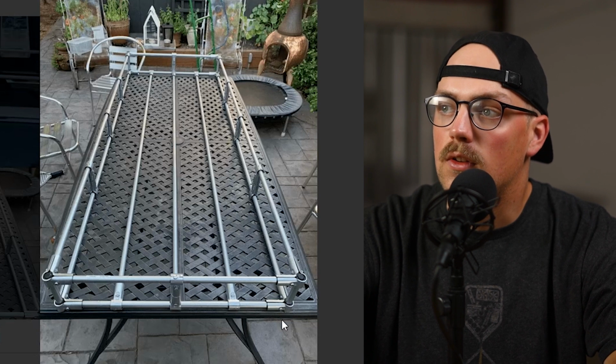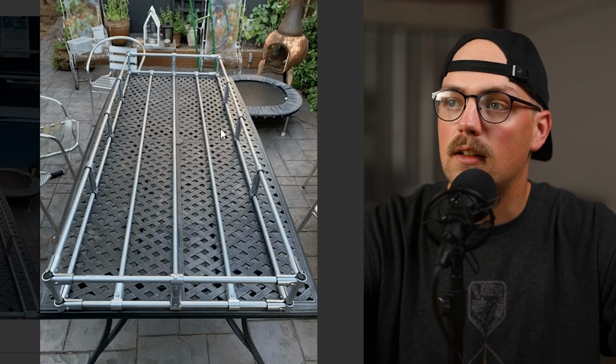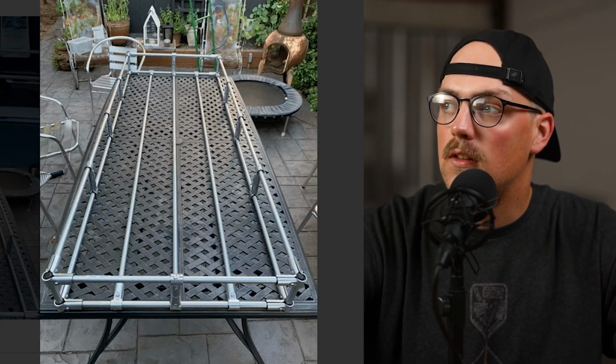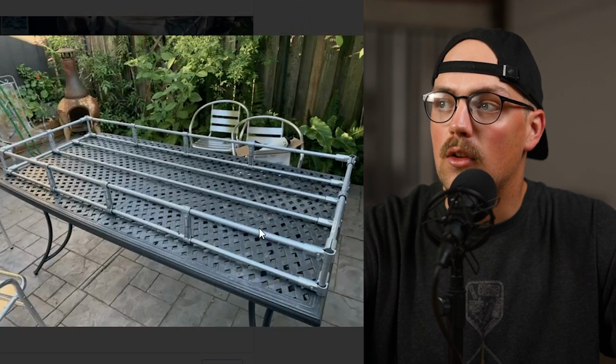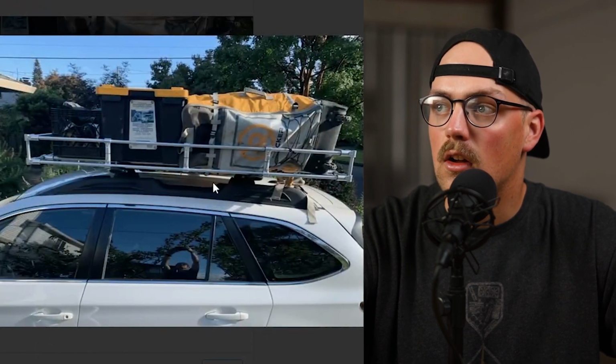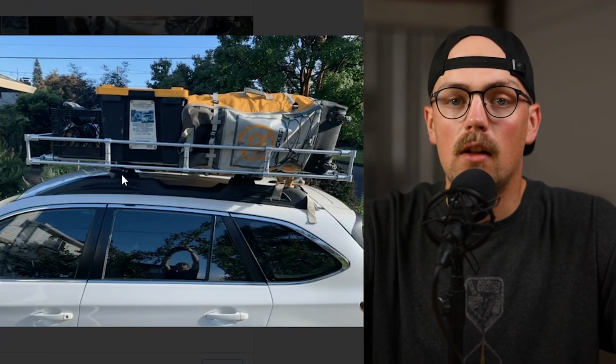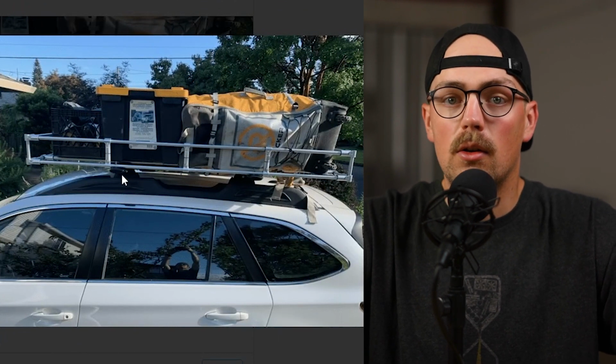And then just, of course, use 90s in all 8 points in the corners, basically to just make the 2-rung basket design. Like I said, this is a really common design that we see when people share their roof rack, and it's really great. And we don't really see how it's secured to the frame, unfortunately, or to the roof rails, but that really is the main problem that you have to solve whenever you're building your own custom roof